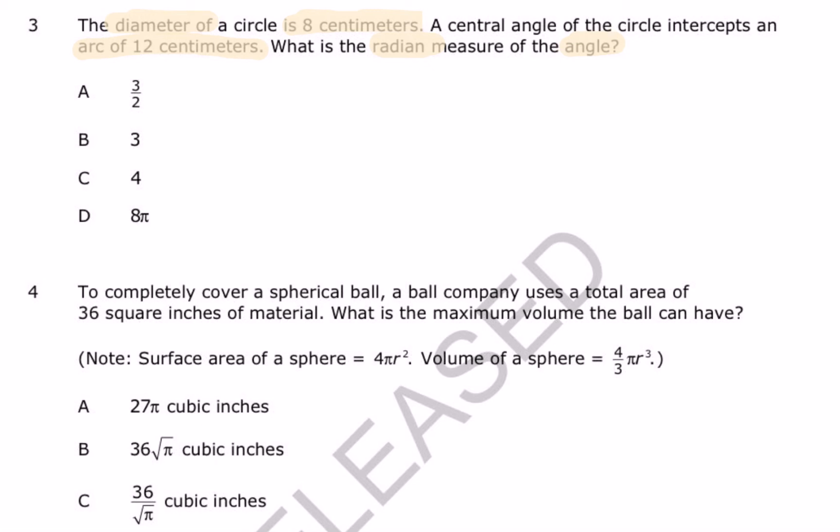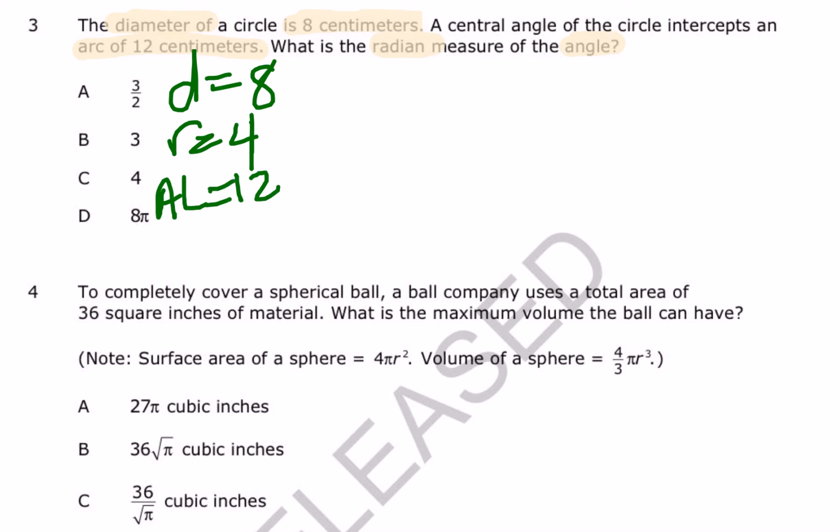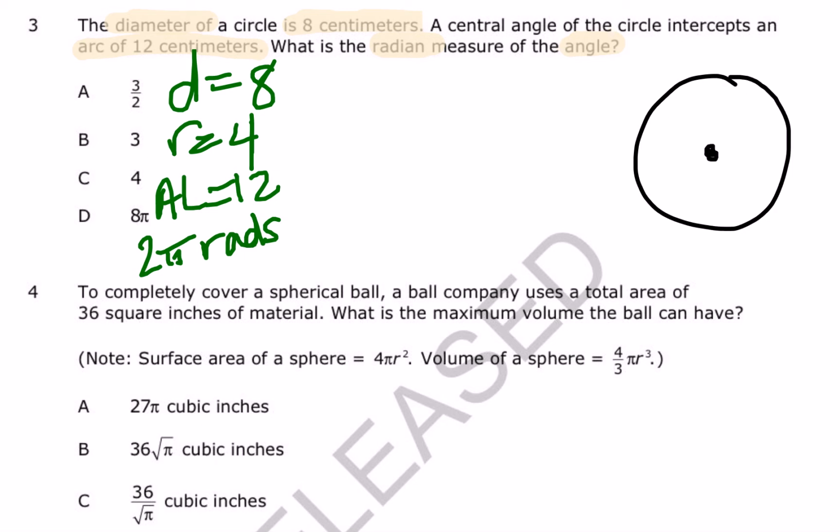So I know that the diameter is 8, which means that the radius is 4. I know that the arc length is 12. And since I'm dealing in radians, I know that there are 2 pi radians for a circle. I'm going to draw a quick picture of what this problem represents. So I have a circle, my center, 2 radii, which I know are both 4, intercepts the circle of an